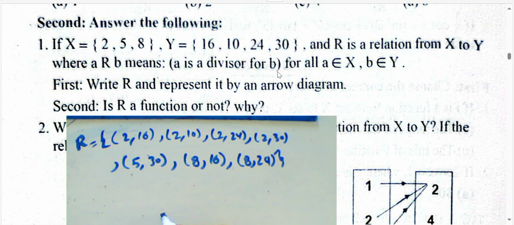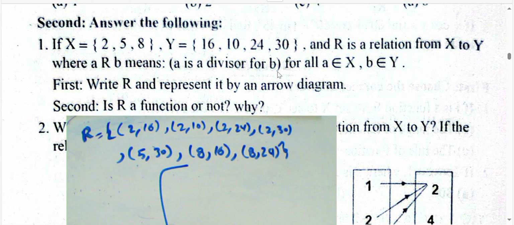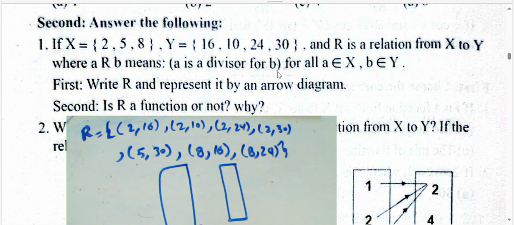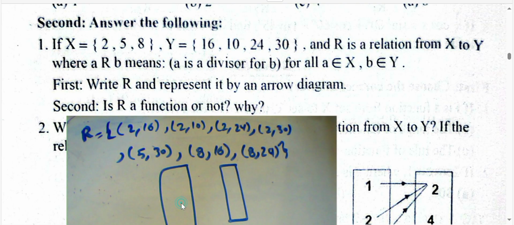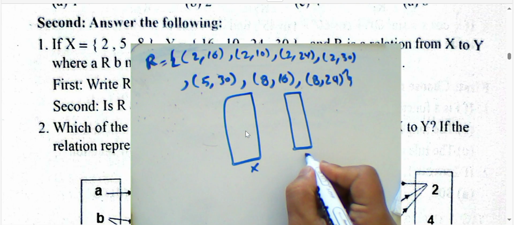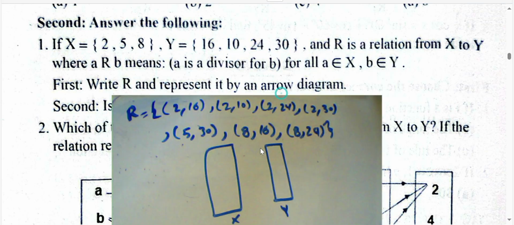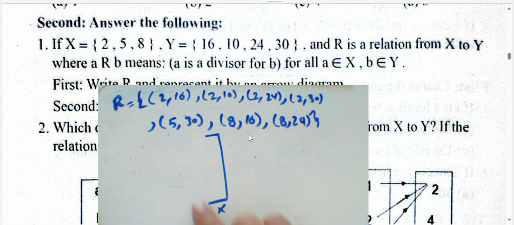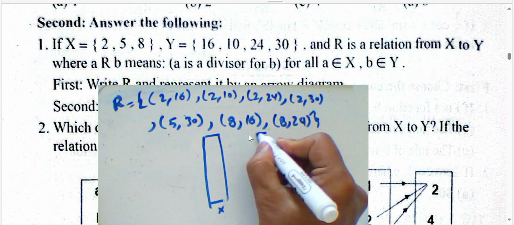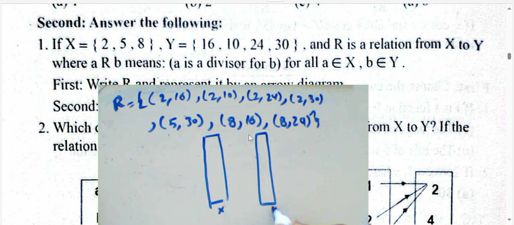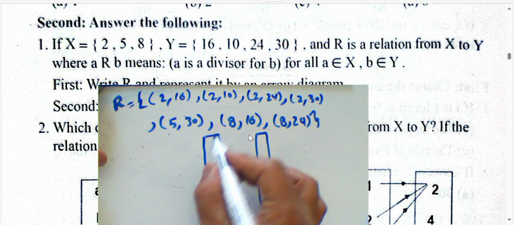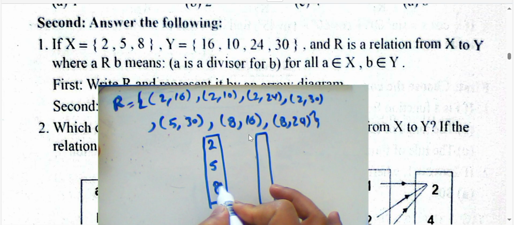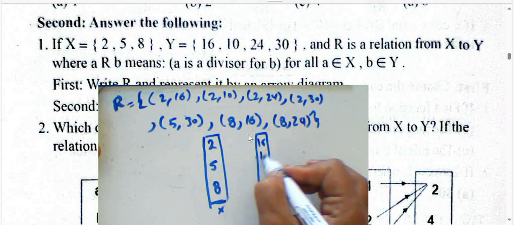It's a relation, and then we can draw a arrow diagram between two sets. The first set we call x, and the second set y. The elements of x and y we can write all of them. You must use a ruler to find the answer, but not your hand. Use a ruler to draw like this. Next, we have here 2, 5 and 8, and the images 16, 10,